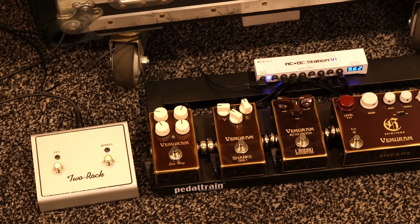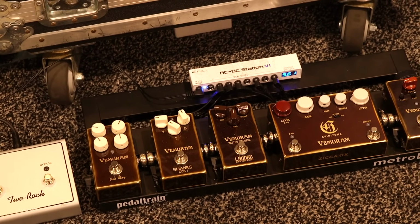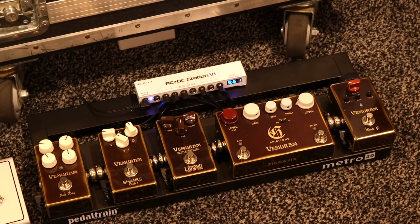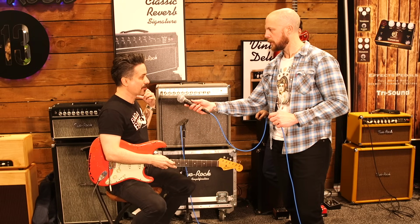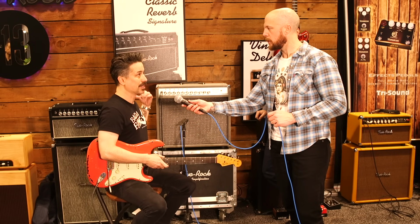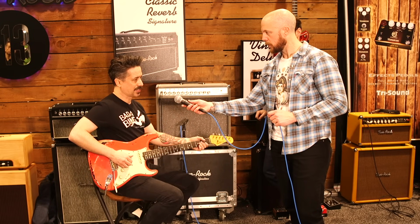So what's cool is not only do we have my favorite amps here, but we have pedals that I really like from Vemuram, and I've owned a few. I've owned Jan Ray, Shanks, and the one I connected with the most is the Buddy G, because it's not only a clean boost, but a light gain overdrive, which is my favorite. And literally my live rig is the Buddy G most of the time, and the TS1, which we'll play later. But if you play it into a clean, real robust, clean amp,